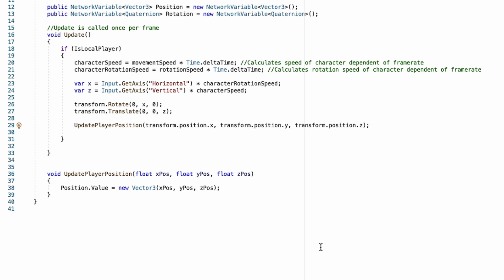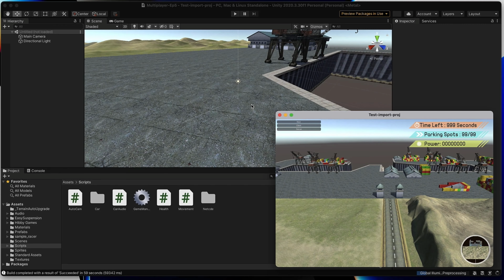In order to demonstrate what I mean by that, let's go ahead and run and build our project and see what happens. In order to save time, I'll build and we'll skip right to the running process. All right, so our game is already finished building and is now running. So let's go ahead and start running our Unity editor version of the game as well.